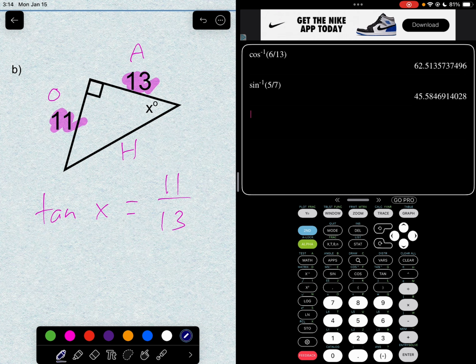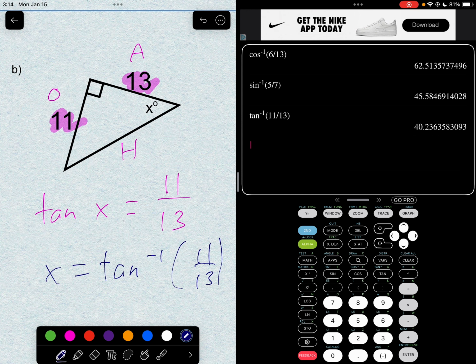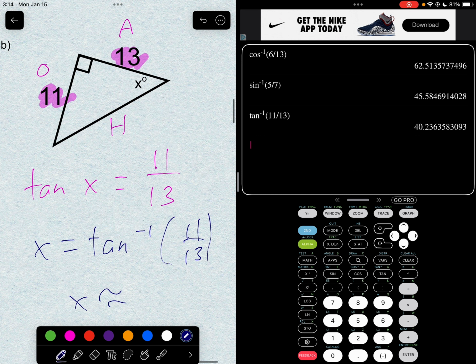Because we're looking for an angle, we're going to use inverse. So x equals tangent inverse 11 over 13. That's what we'll type into our calculator. Second tangent, 11 over 13. And we get